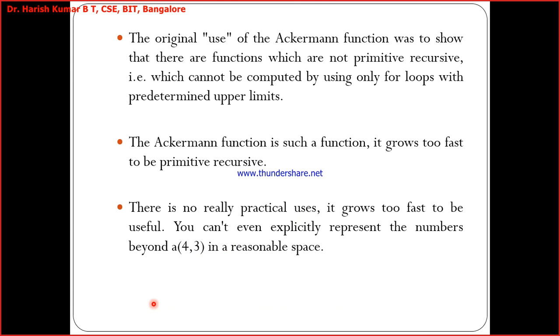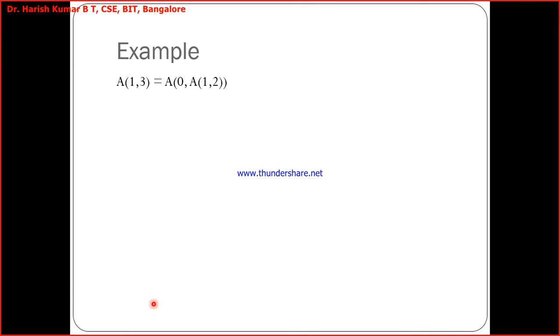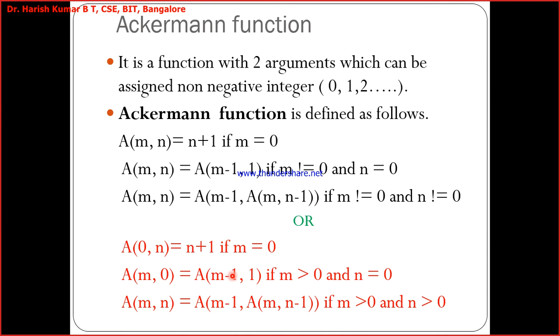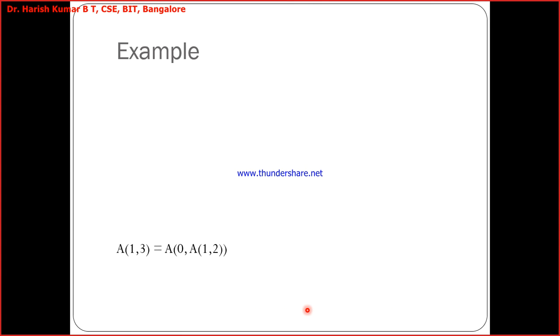So which equation does this match? Does it match 1, 2 or 3? 3, sir. It matches 3 because both are greater than 0. This is greater than 0 and this is also greater than 0. Now how do you define this? You have to define this by using equation 3. Let me go back to equation 3. This is what I have to use in order to define it: a of m minus 1, 1 less than the first argument, and the second argument is recursively defined as a of m comma n minus 1. So the same thing I have done here.